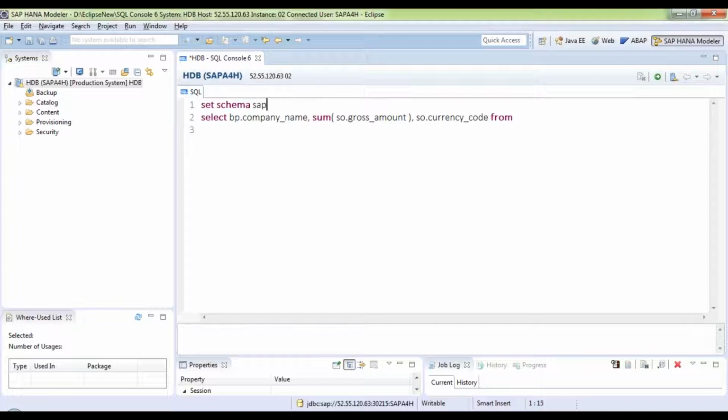You can say set schema SAP A for H. This is one way to set the schema. So now every statement written below would consider that we are always firing query on tables inside this schema. So you don't have to do additional stuff. So BPA table,